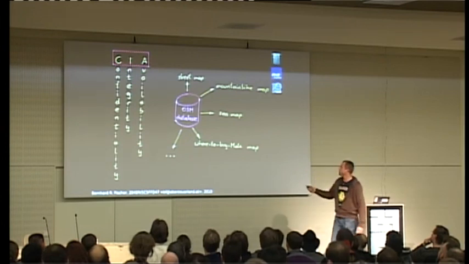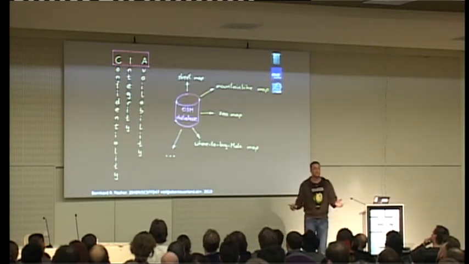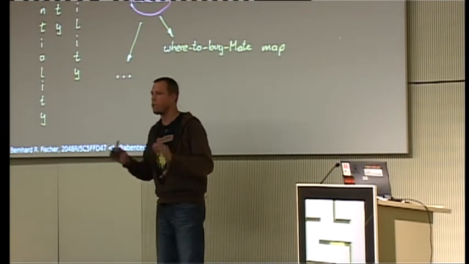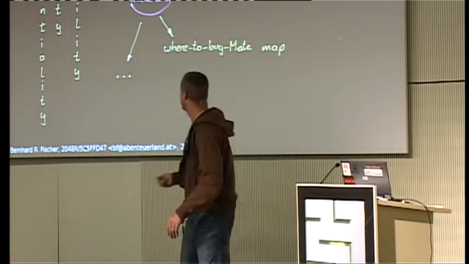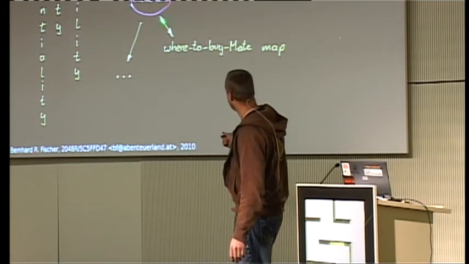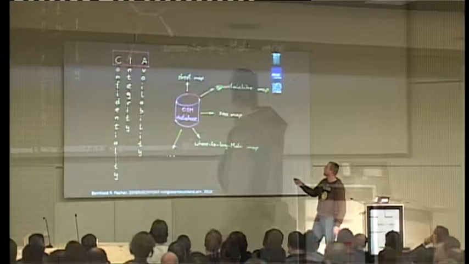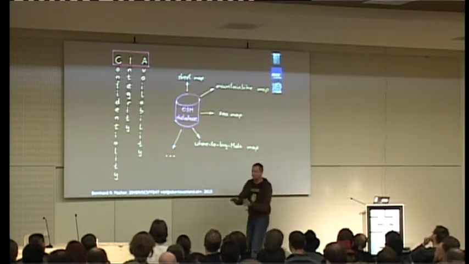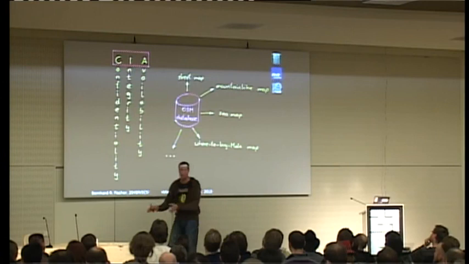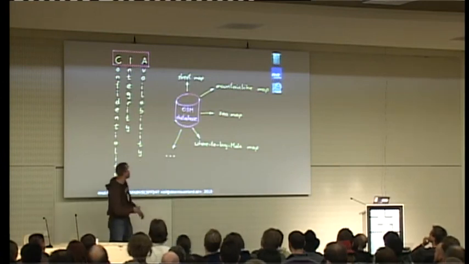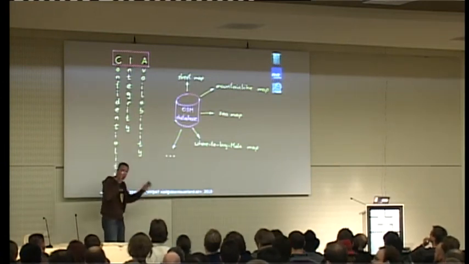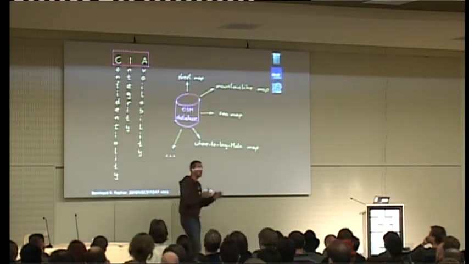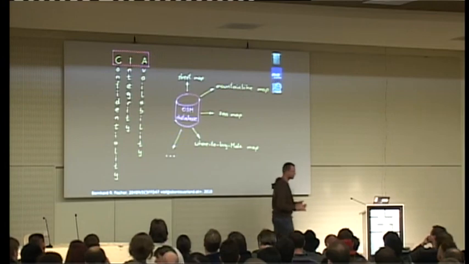The OpenStreetMap database is a database which contains all the data. It's one unique database, and we pull out from this database the data that we need for a specific type of map. So there is, of course, the street map, there is a mountain bike map, there's a sea map, whatever map, okay? And it's all stored in the same database.